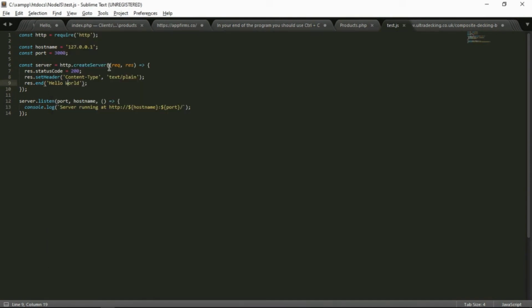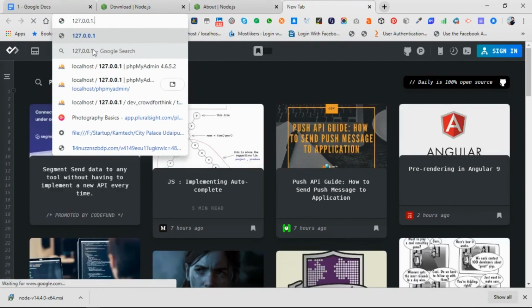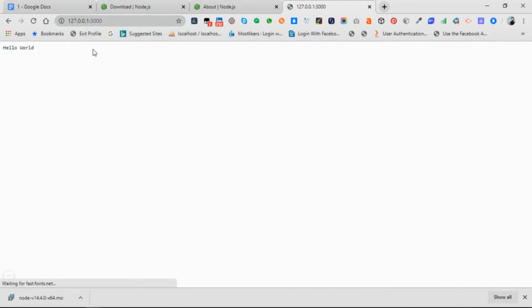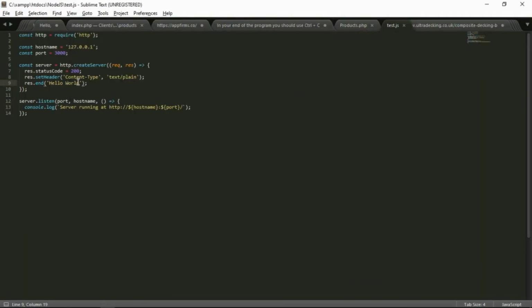Now you can open in the browser 127.0.0.1 and port 3000. You can see your Node server successfully downloaded, installed and verified with this code. If you want to make any changes in this code,